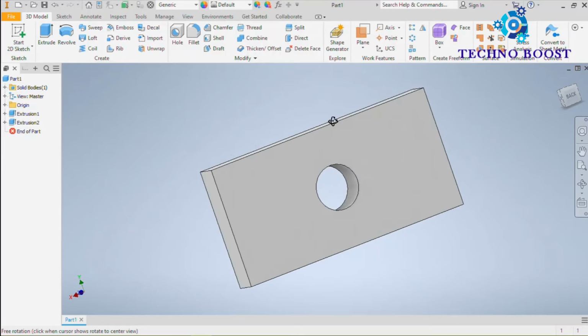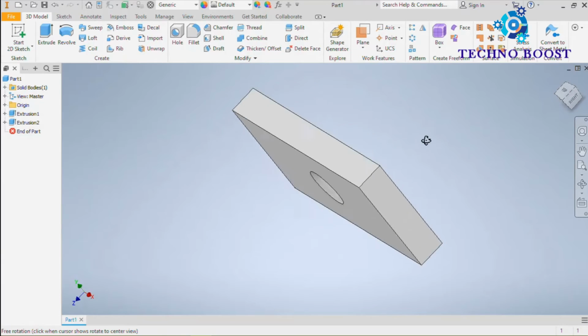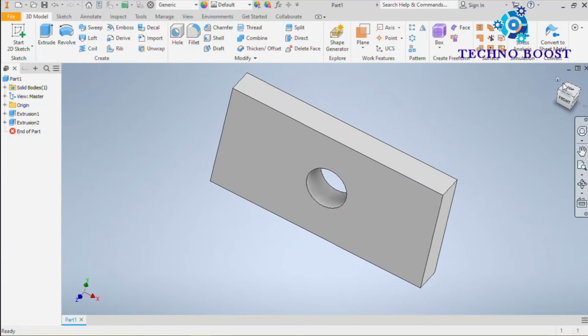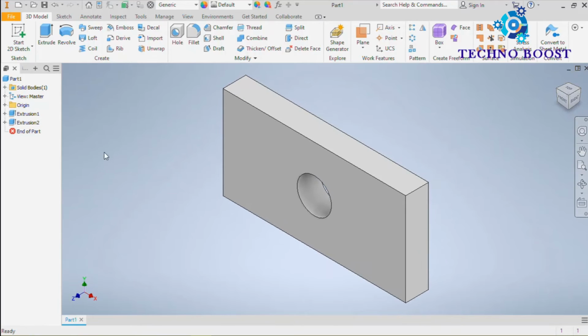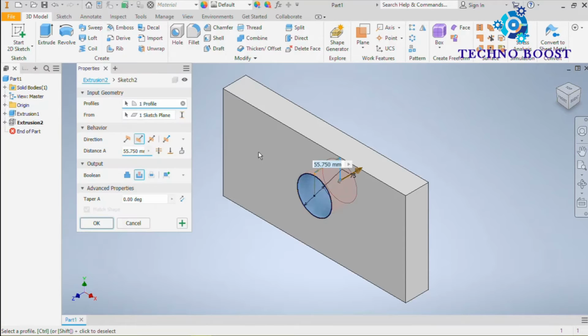You can see, let's edit it. Right click, edit feature. Here you can give dimensions. Or you can select through all to make a throughout cut, then click OK.